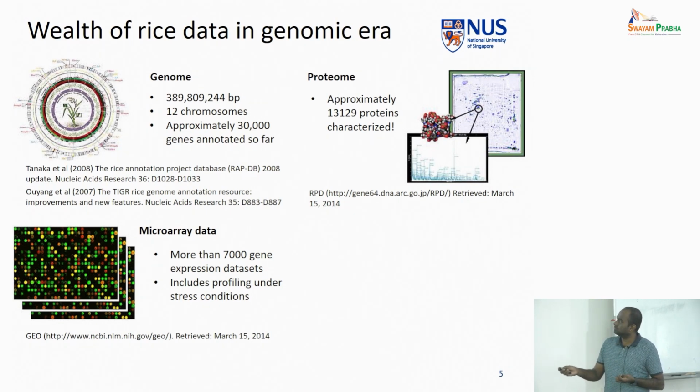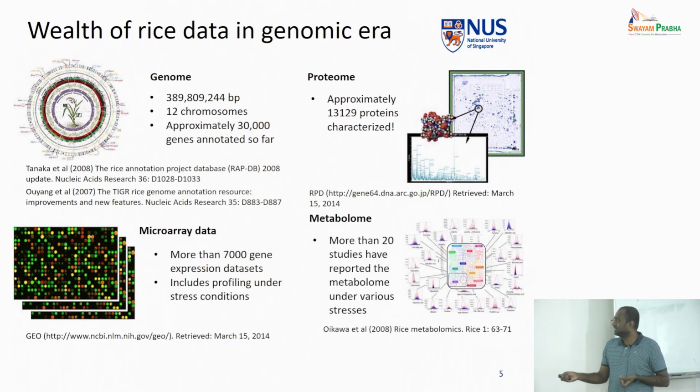Out of the 30,000 genes which were annotated, the proteins were characterized for roughly more than about 30%. So this number would now have increased by a significant amount. Last but not least, a lot of metabolomic studies were also carried out in rice, which provided you the understanding of not only the primary metabolites, but also the secondary metabolites, the role of different secondary metabolites, particularly the terpenoids and their derivatives, and how they support the function of rice plants.